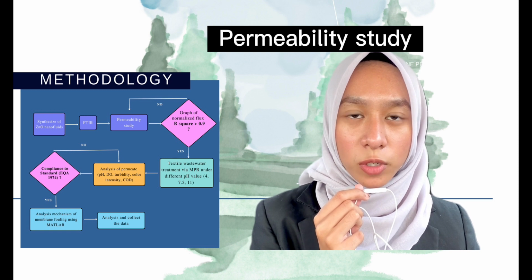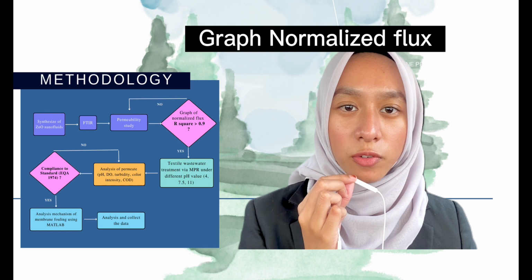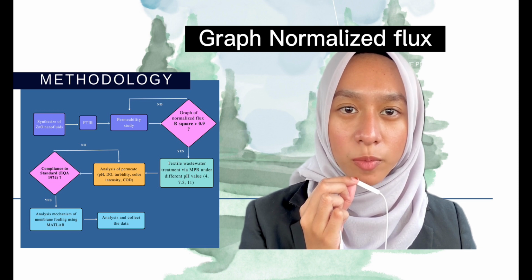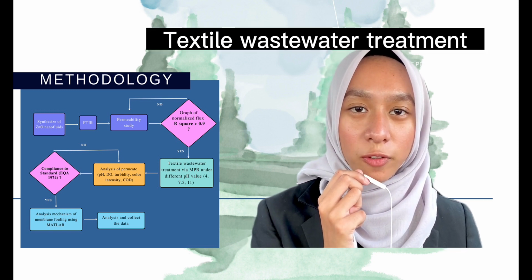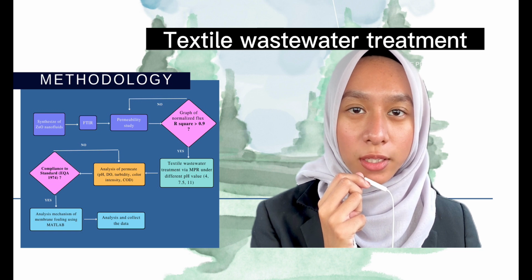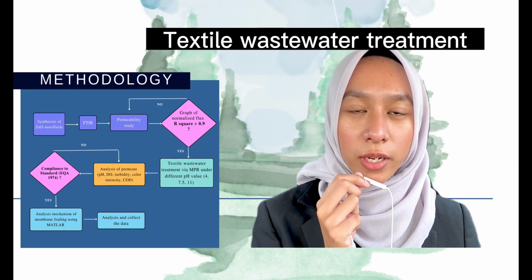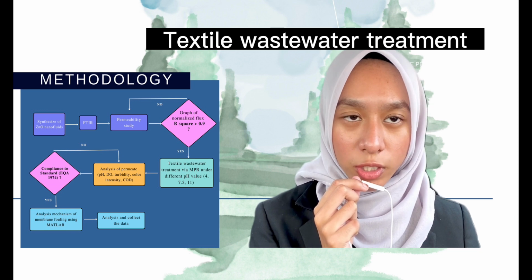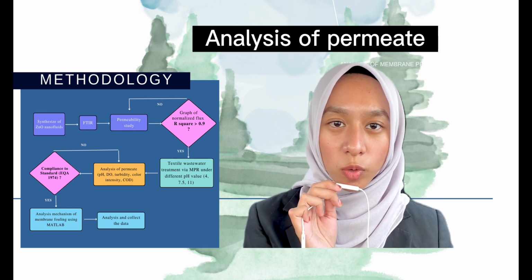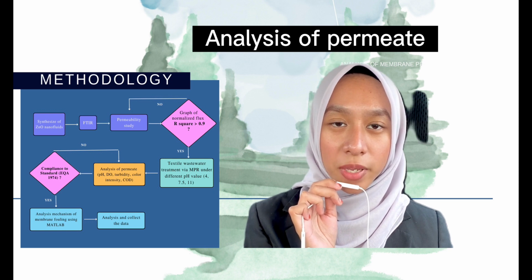The membrane sample was wiped out by using circulated RO water under 6 bar of pressure for 30 minutes. A graph of normalized flux against time was plotted to determine the R2. After the graph has been plotted, if the R2 is more than 0.9, the textile wastewater then was poured into the reactor at a volume of 500 ml with 2.25 ml of 9,1-DES solution. Then, for analysis of water quality, it was measured and analyzed based on pH, DO, turbidity, color